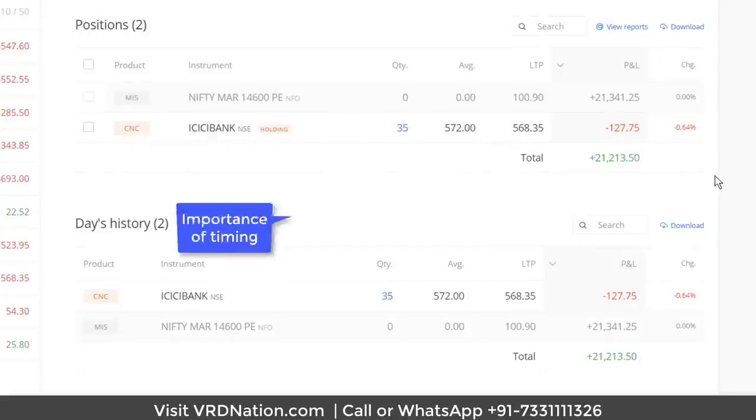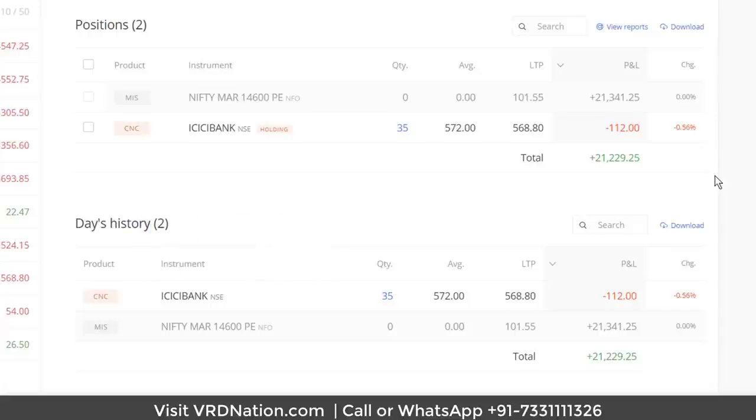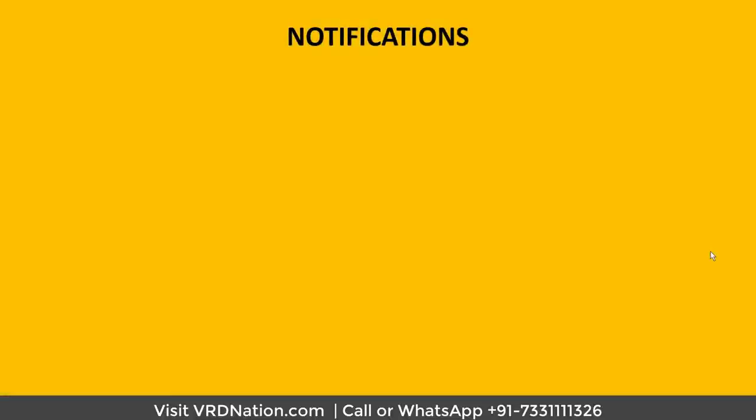So you can understand the importance of timing. For all of you scalpers, you know the importance of timing in a trade. You have to get in, you have to get out exactly on time, otherwise the trade can get into some serious trouble. Okay, so now that we understand the importance of alerts, let's talk about the kind of notifications